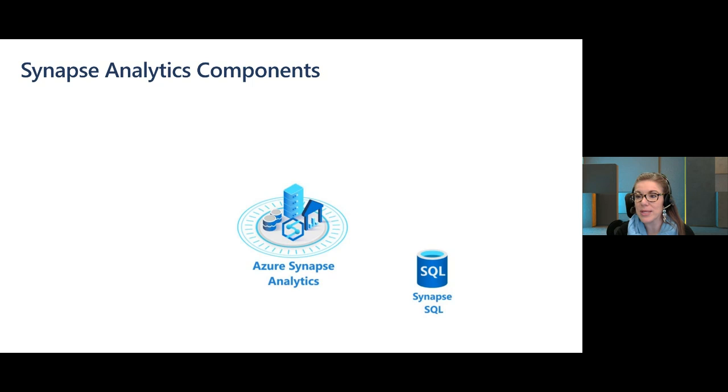Analytic capabilities are offered through Synapse SQL through either dedicated SQL pools or serverless SQL pools. This is where your analysts are going to work. This is your descriptive analytics. You're working on, what's happening in my data, which would be typically answered through a data warehouse.